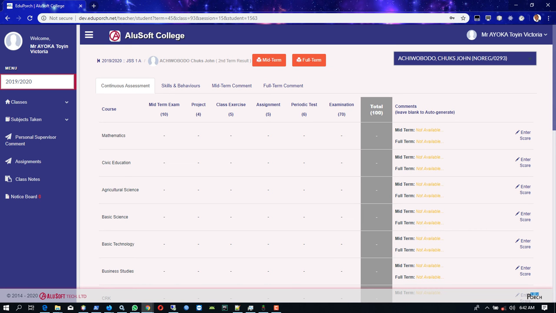Once the student loads, the class teacher is responsible for entering the score if the school is a primary school. If the school is a secondary school, this enter score will not be available for the class teacher. Apart from continuous assessment where the teacher enters the scores,